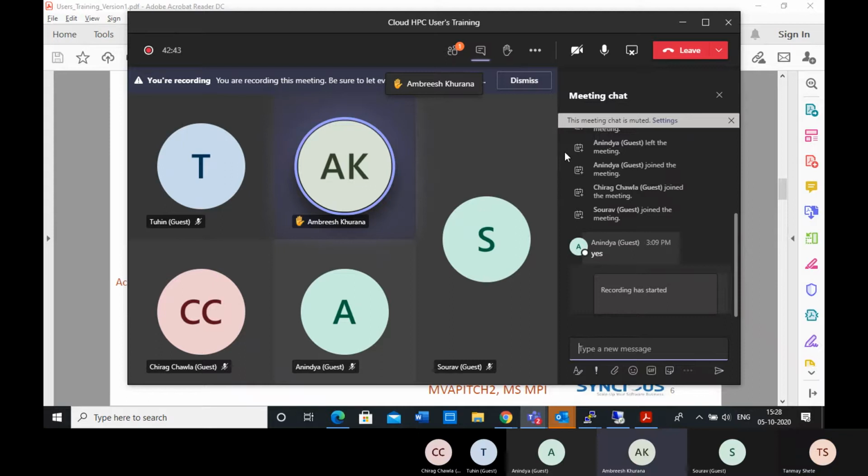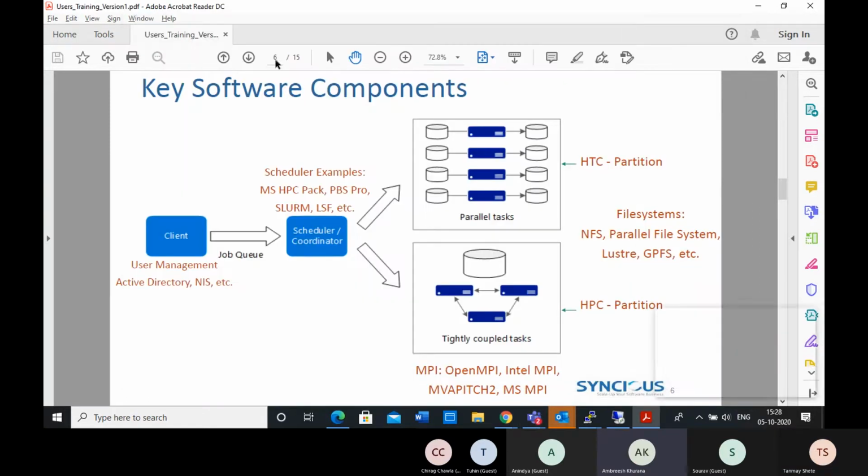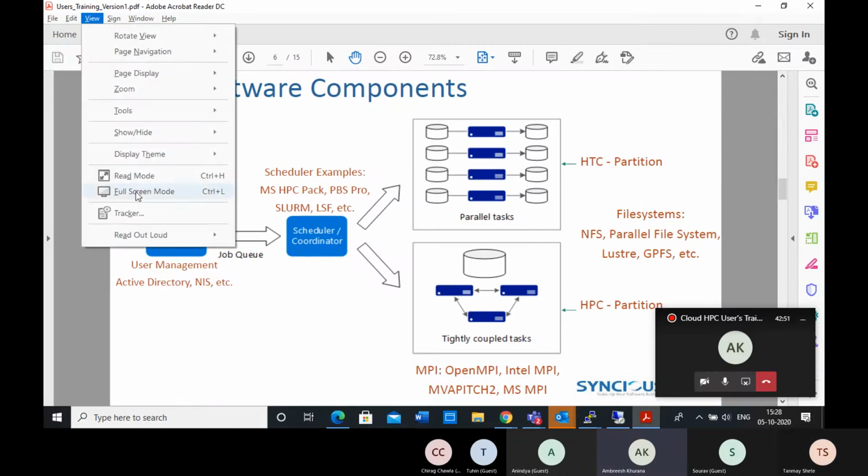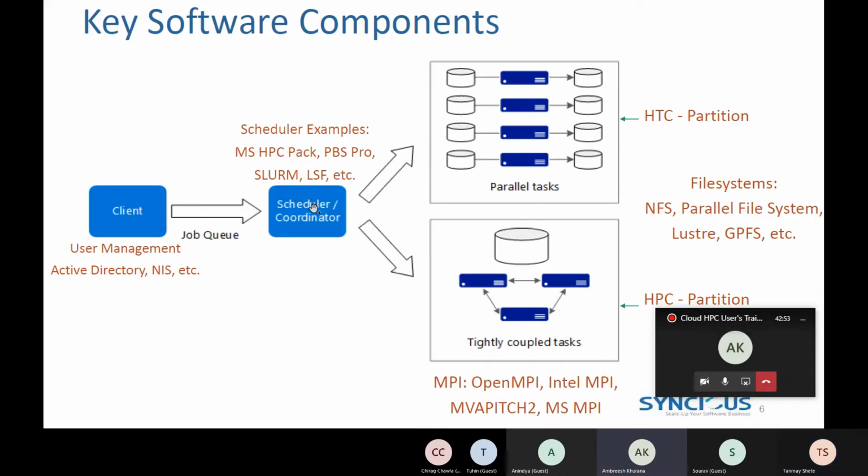Yes, sir. I wanted to ask, let's say a job is meant for HPC and we submit it on HTC, then we can see that there is a clear loss that we are suffering, because as you mentioned, in HTC the nodes don't talk to each other, and that would slow our computing. But I can't see a clear answer for the vice versa situation: if a job is meant for HTC and we submit it on the high performance computer, then what would be the cost?